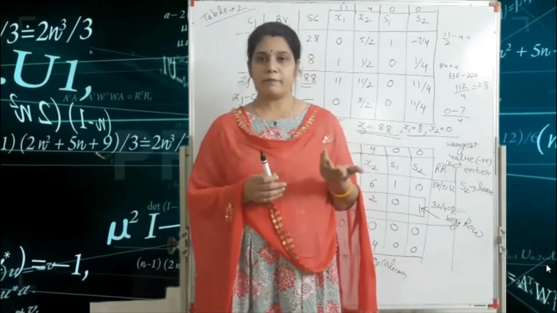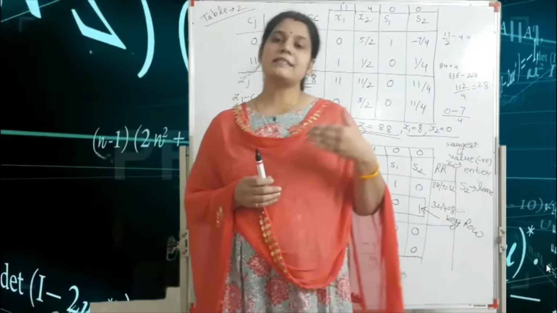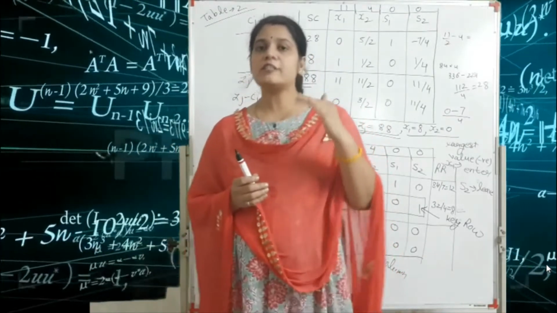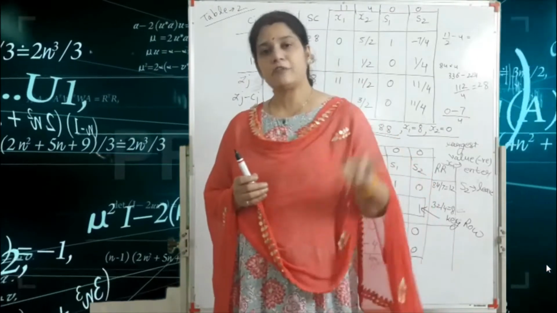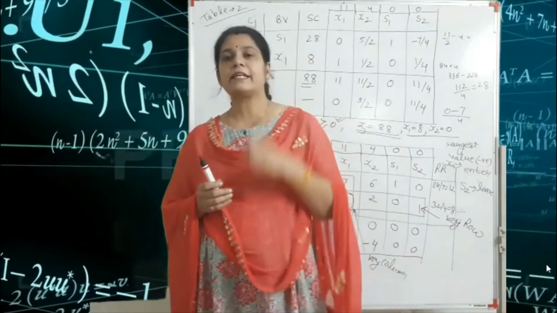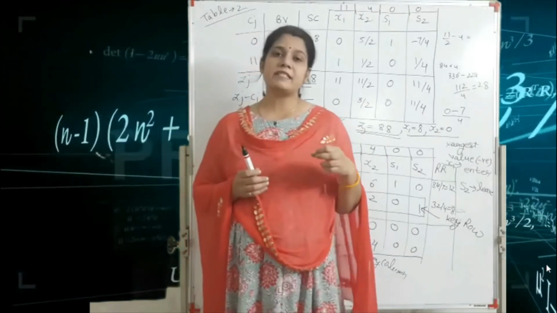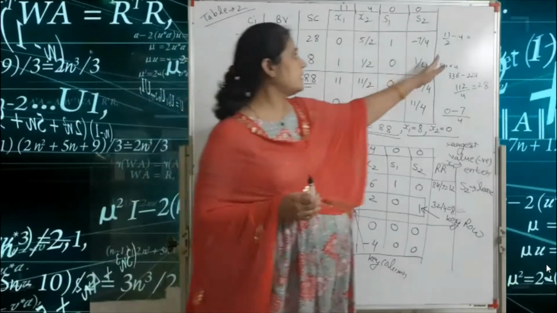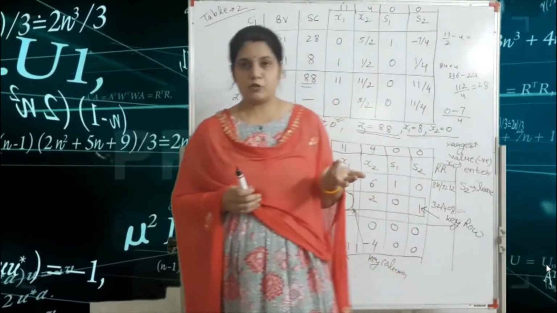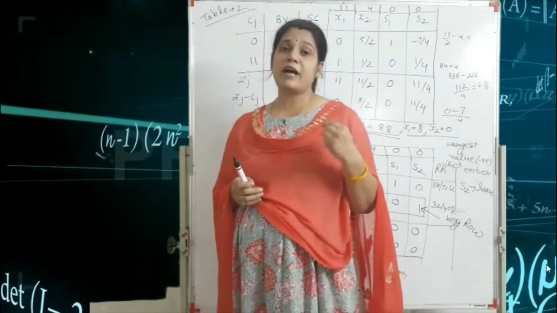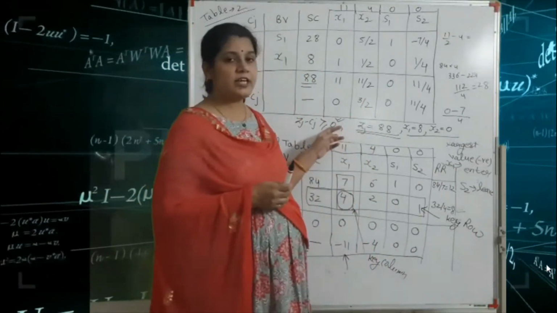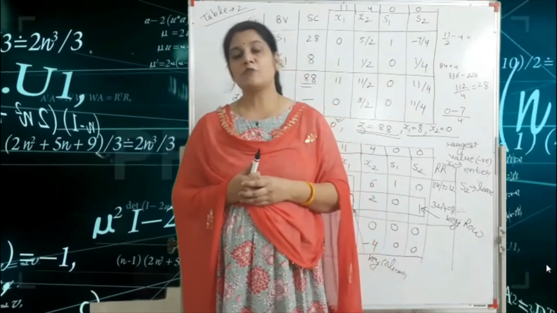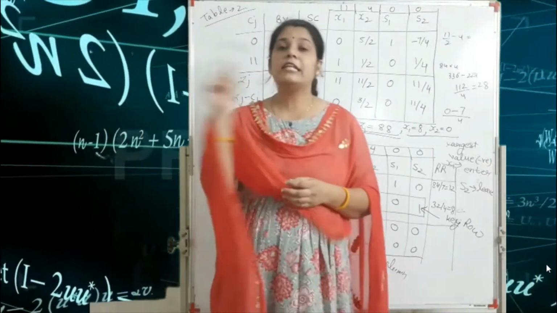So always keep in mind, first you add the slack variable. After that you make the initial table. If your initial table is built in the correct form, if your initial table matches the correct form, then 90% your solution is correct. Okay, and always write here, you find the replacement ratio if Zj minus Cj is not greater than or equal to 0. Okay, then we find the replacement ratio because we need the leaving variable.